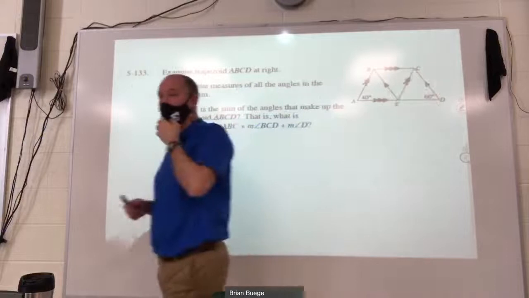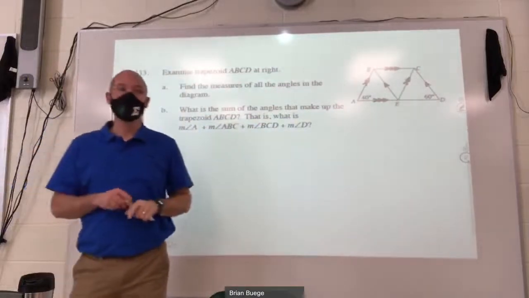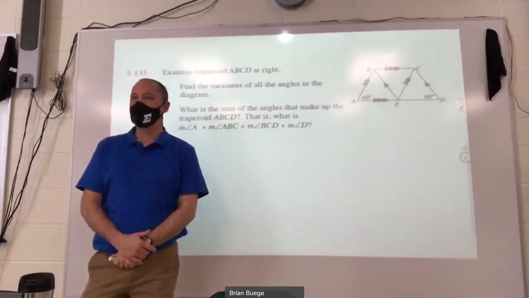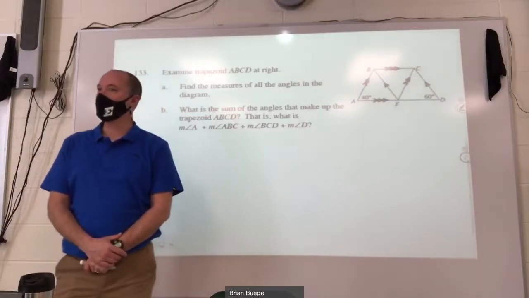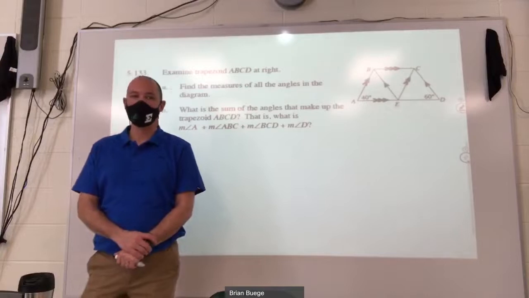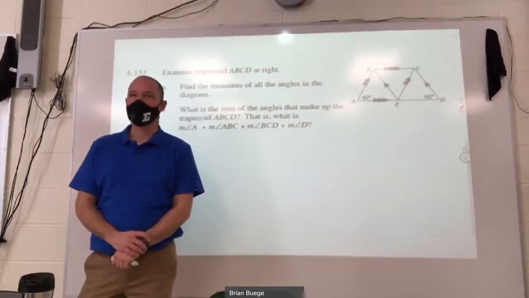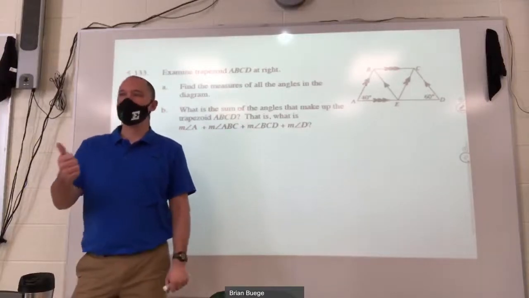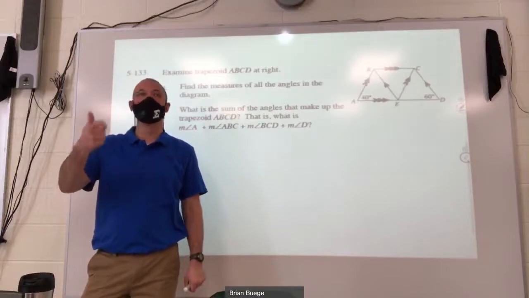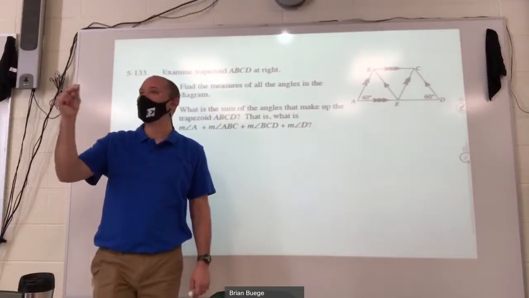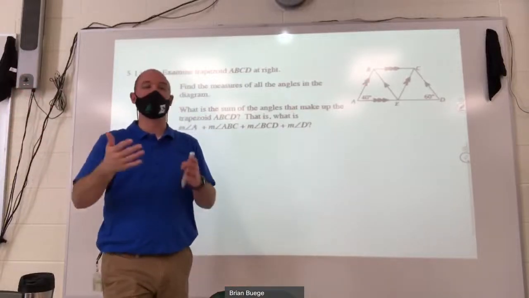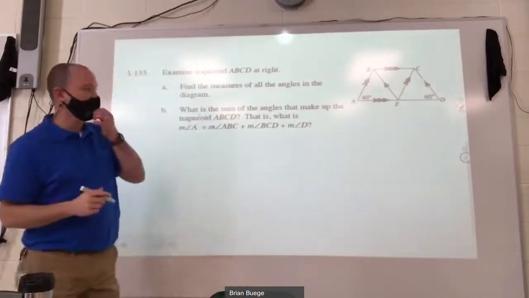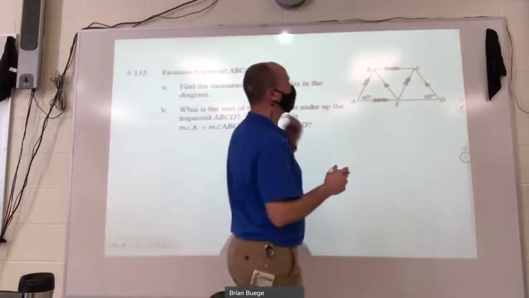So you've got a lot of parallel lines, which right away, what should you be thinking of if you've got parallel lines? Should always lead you to this idea. Angle relationships. Alternate interior, corresponding, same side interior. Those are your parallel line angle relationships. Without parallel lines, you don't have any of those. So as we work our way through this,